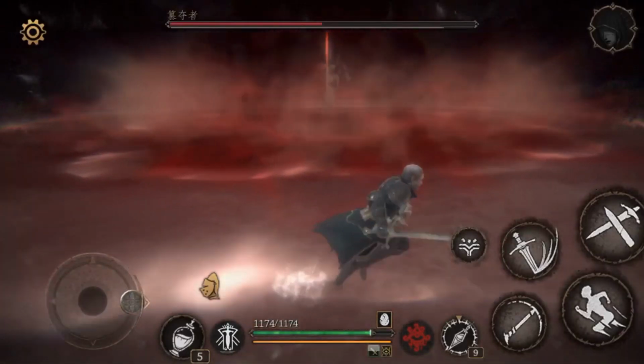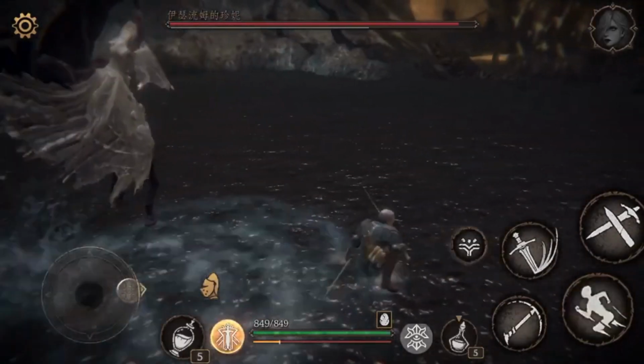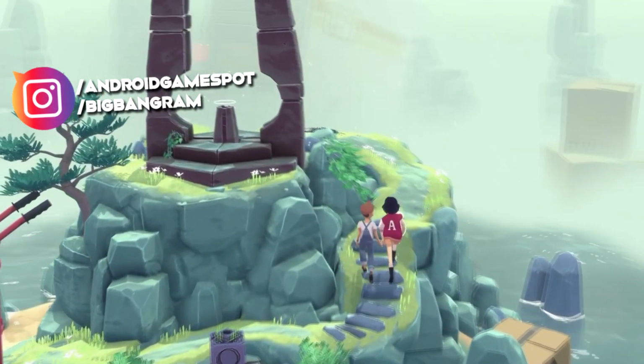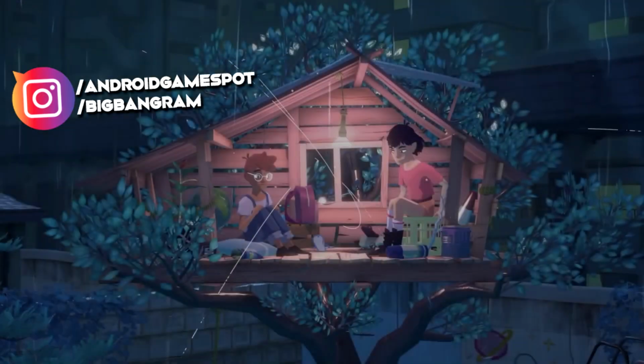You've asked for more games on mobile with controller support, and without any further ado, here we go. Hey warriors, I'm Ben, and today on Android Gamespot, I'll talk about 10 of the best games out in 2020